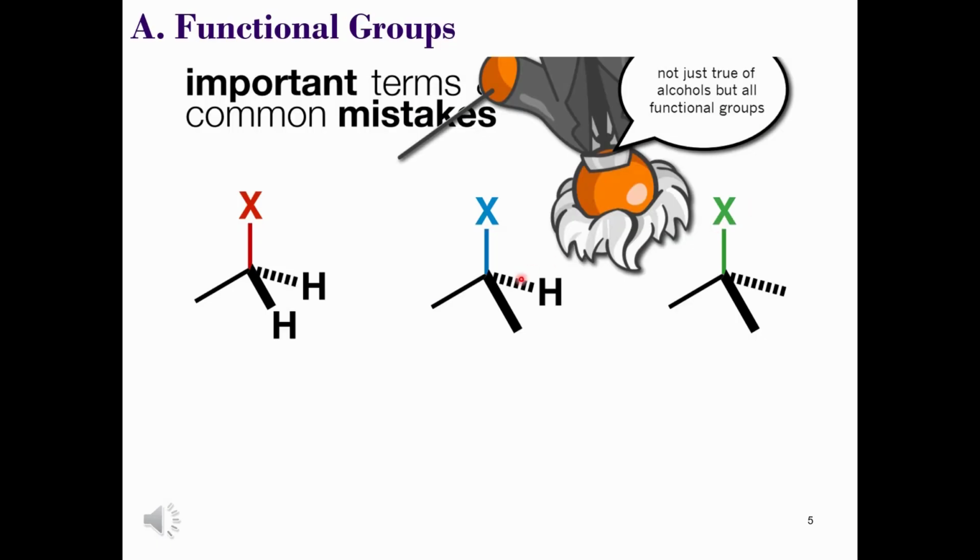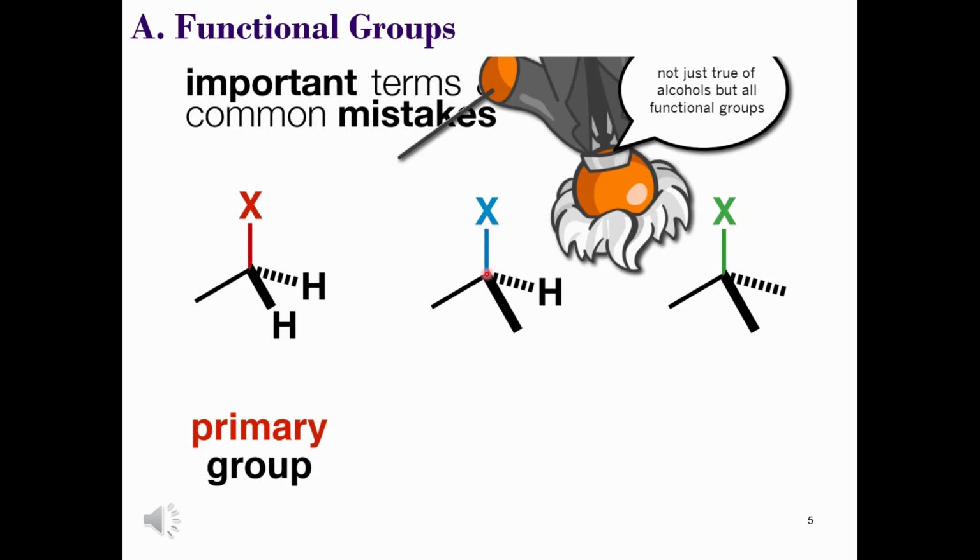Before we continue, I wanted to tell you about one further sub-classification of certain types of functional groups. When you have an sp3 hybridized carbon that is connected to a functional group that we're calling X, typically for alcohols and for the organic halides, then you have to think about what the carbon that is attached to that X group is also attached to. For example, for the first group, which is in red, note how the carbon is only attached to one other carbon. Therefore this would make the X a primary group,